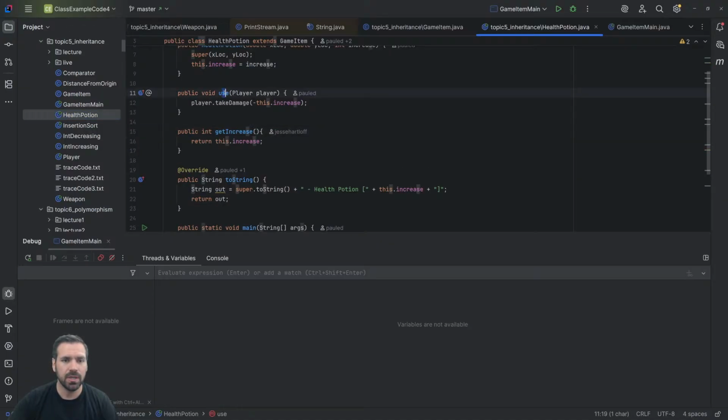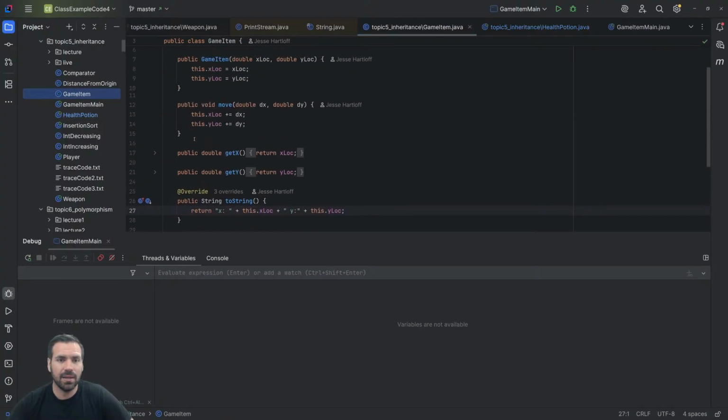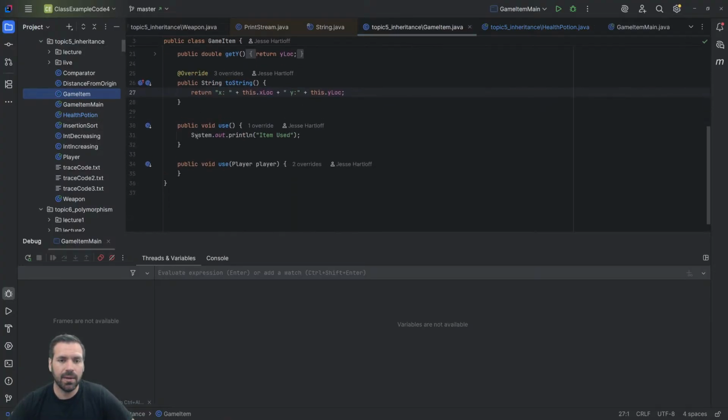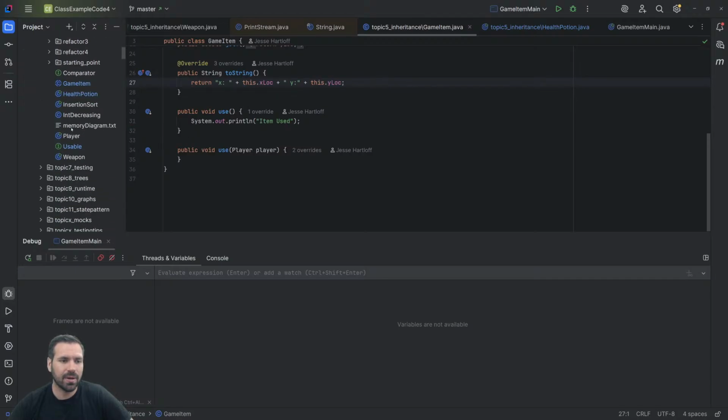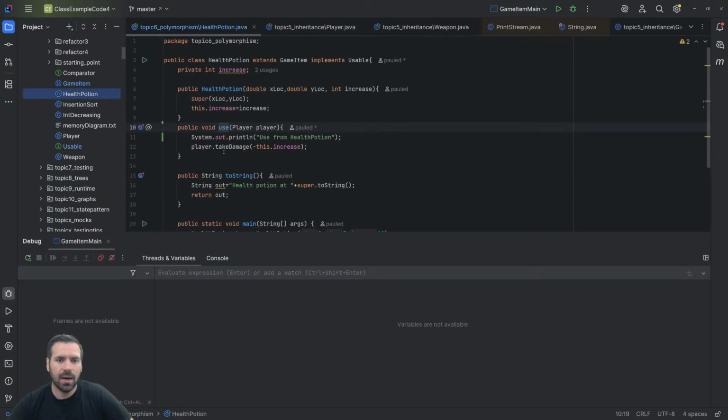We have health potion, and say I have this capital S. And I want to know about this method call. I'm not getting the right behavior from this method call. If I'm really thinking, I'm going to put a breakpoint in the game item. Oh, I'm in the wrong code. So if I have this typo,